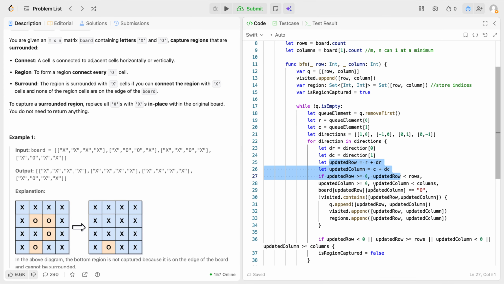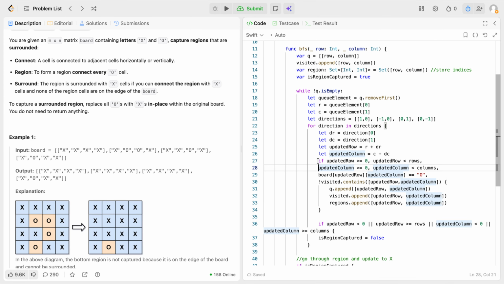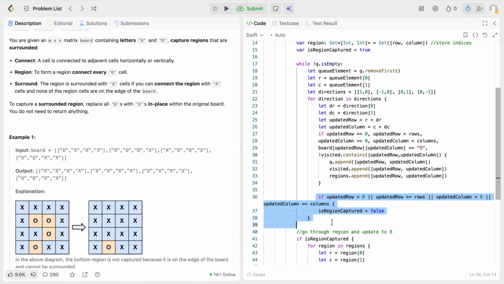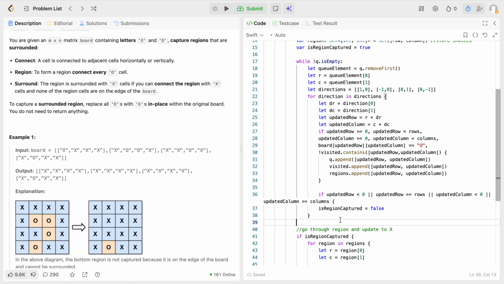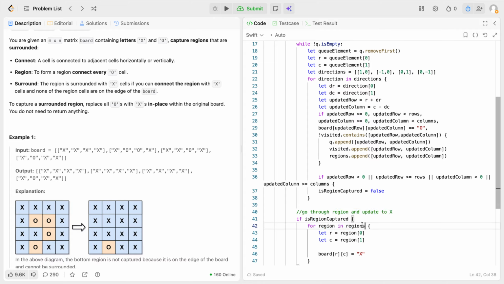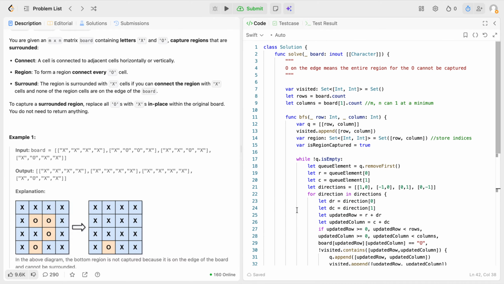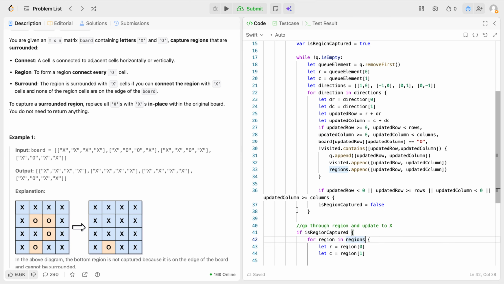DRDC, updated row, updated column. If updated row, and all that. Yeah, so all three signs are good. This one is visited. None of this is done. It's not, this won't run true for any of them either. So updated row, updated columns, yep. And then this will end up being true once it's over, which,